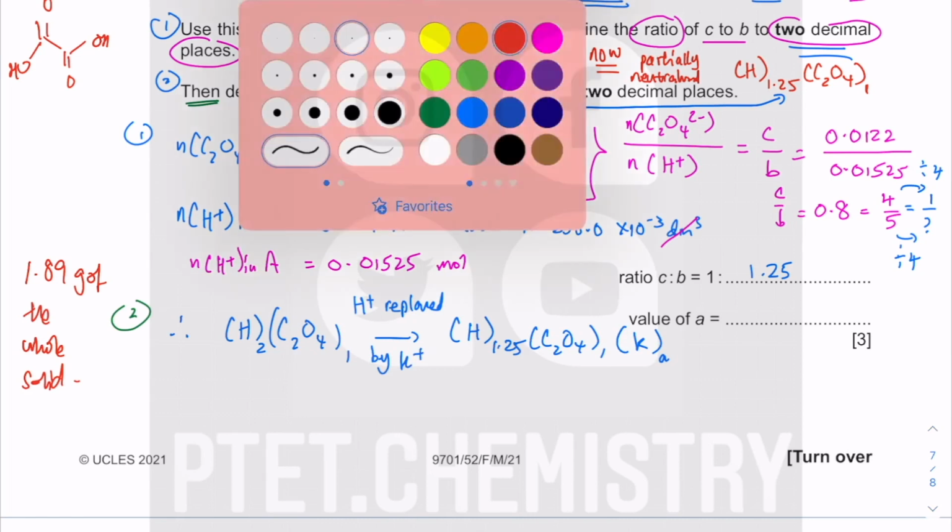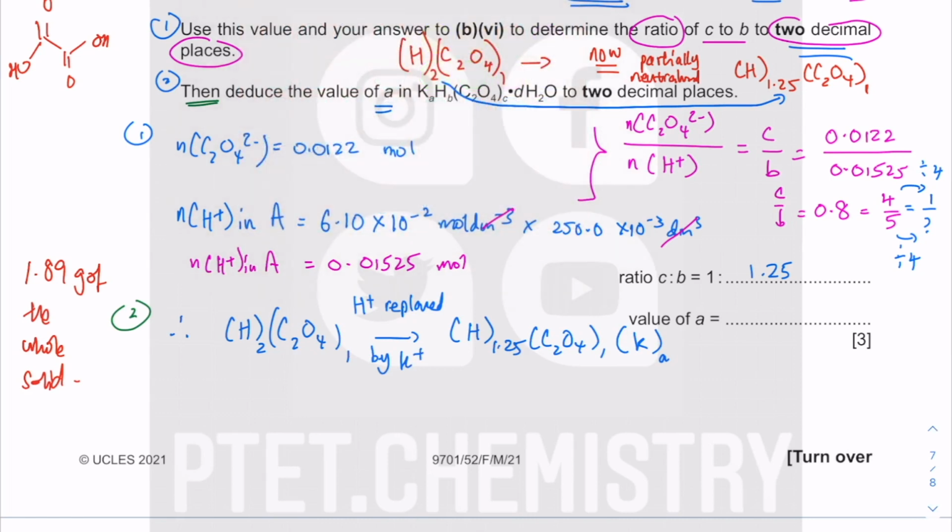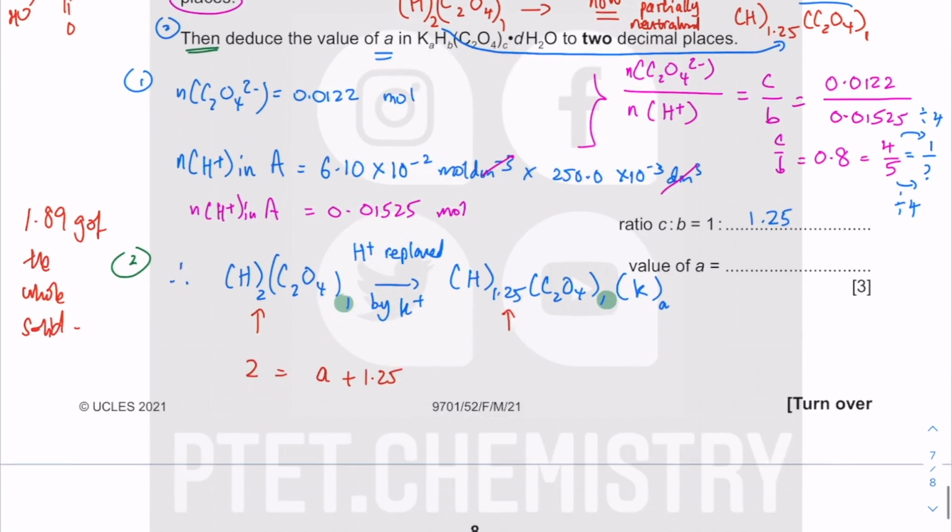So you still have 1 and 1 there, but now you have 2 going to 1.25. Therefore, 2 is equal to A plus 1.25. So A is going to be 2 minus 1.25, which is